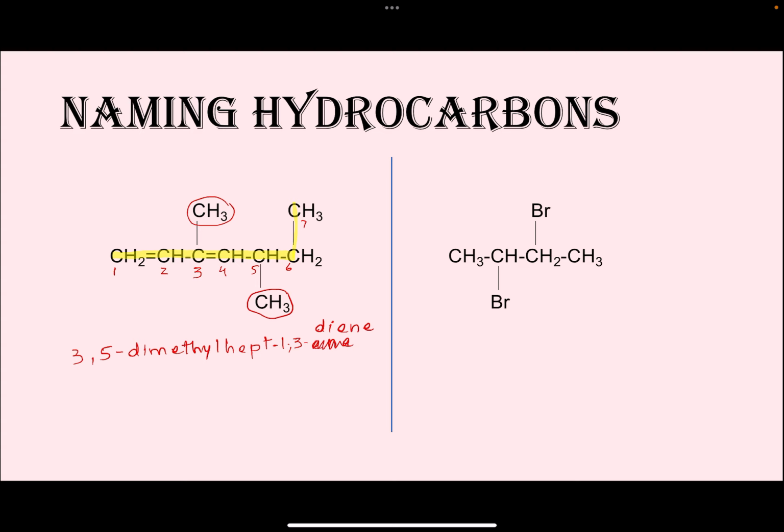Okay, so let's look at the next compound. Once again, identify the parent chain, which is going to be this one over here. It has 1, 2, 3, 4 carbons, all single bonded, so that's just going to be butane. And then we see that at carbon number 2 and 3, in this case, it doesn't matter whether you number it from this side or the other side, because you're going to end up with your 2 branches at carbon number 2 and 3